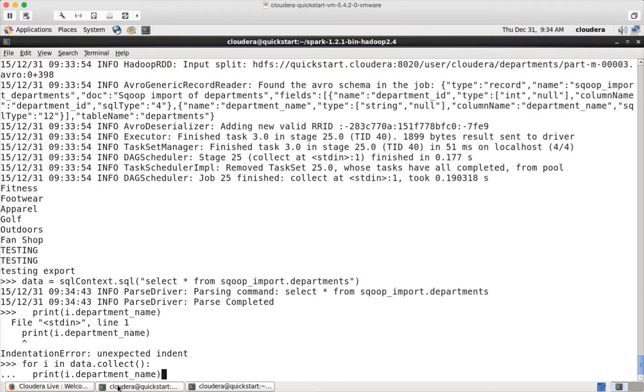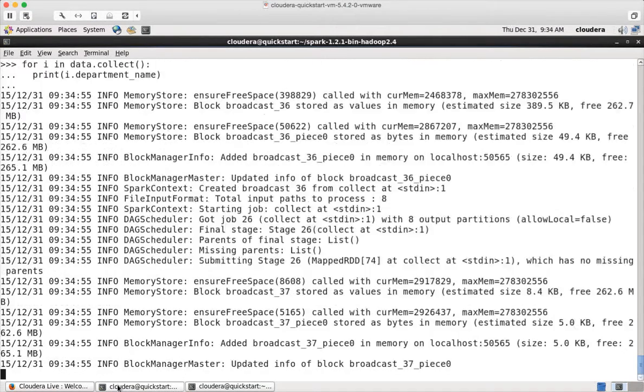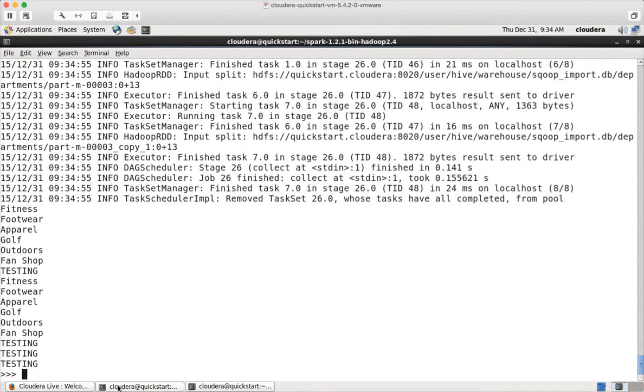For i in data.collect, print i.department_name, and it is printing the department. There are more records in this, that's why you see more data in here. So that is how you can actually read from Hive. To write into Hive,